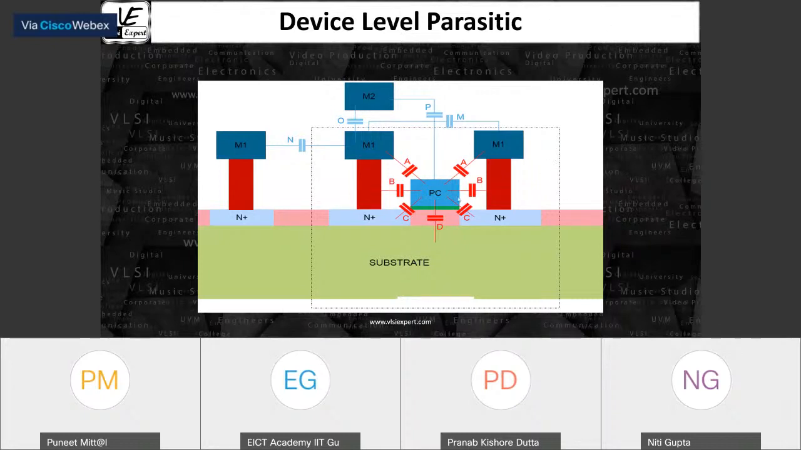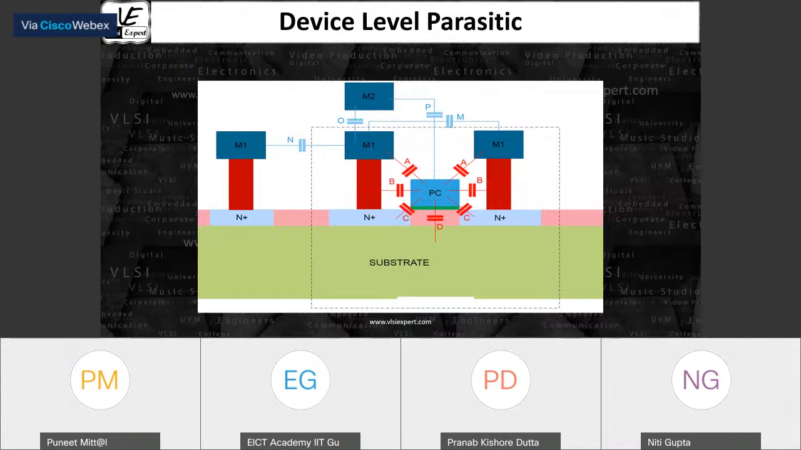PC is basically the poly. I'm just talking about the poly layers. There are different nomenclatures people are using, so I'm just using that particular poly conductor. Basically it is the gate I'm talking about. So now this is a device level parasitic. Similarly, if I talk about